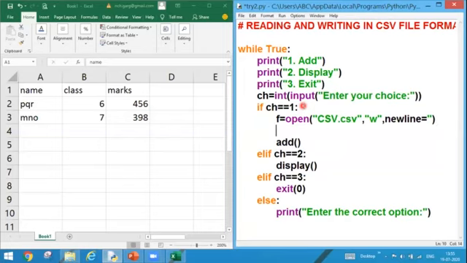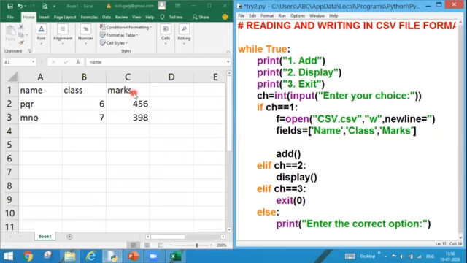After opening a file, I need to decide my data to be written. So as we can see over here, my first row is containing the field names. So for writing the field names, I need to prepare a list. Let's say I'm giving the name to my list as field is equal to, I'm going to create my list. First field name is name. So I'm writing name. Second field name is class. So I'll be writing class. And my third field name is marks. So I'm going to write marks. So my list is ready.